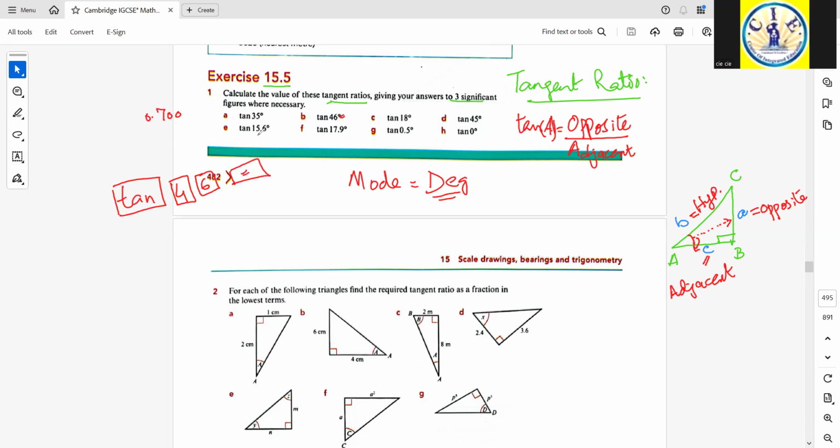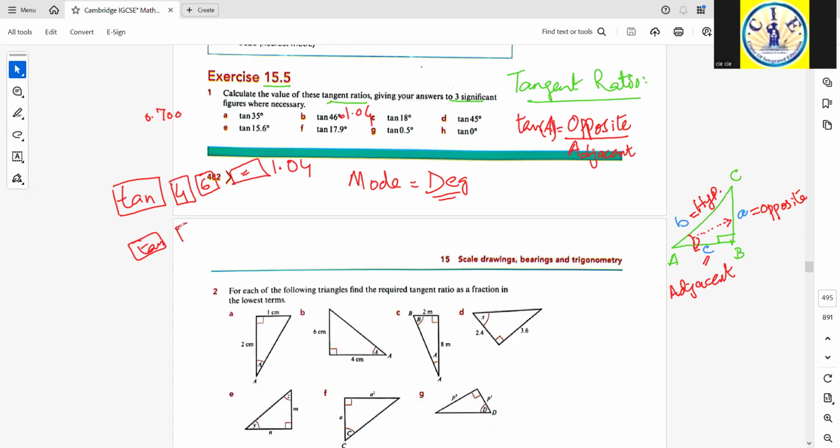This would give you the value of tangent 46 using your calculator. And when you use your calculator, the answer is going to be 1.04. So its answer is 1.04. Similarly, calculating